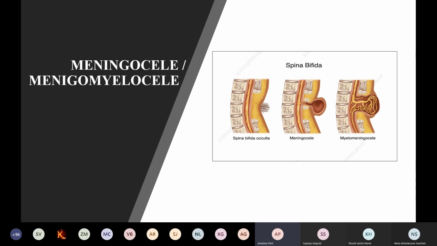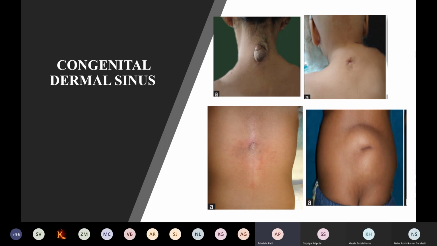This is the same diagram. What is now congenital dermal sinus? You will see skin lesions or elevations or protrusions. They are seen anywhere extending from the cervical region up to the coccygeal region. We have seen that the surface ectoderm is converted into neuroectoderm, and it gets separated from the surface ectoderm, lies beneath the surface ectoderm and